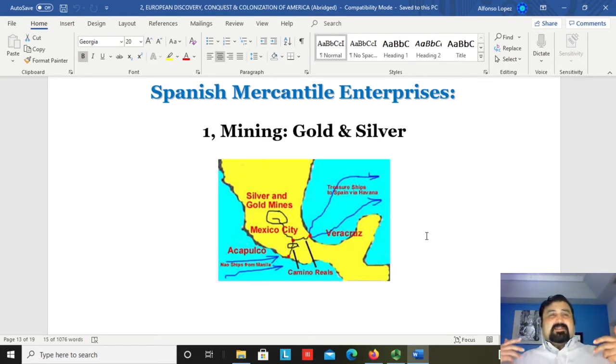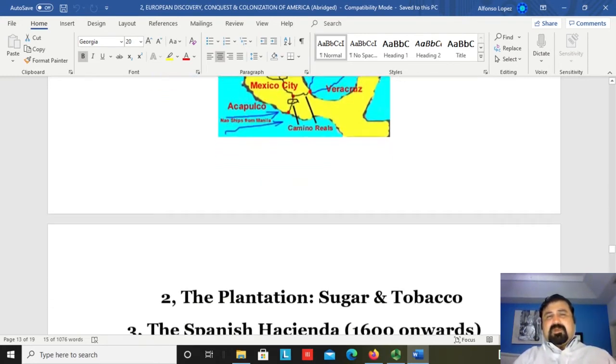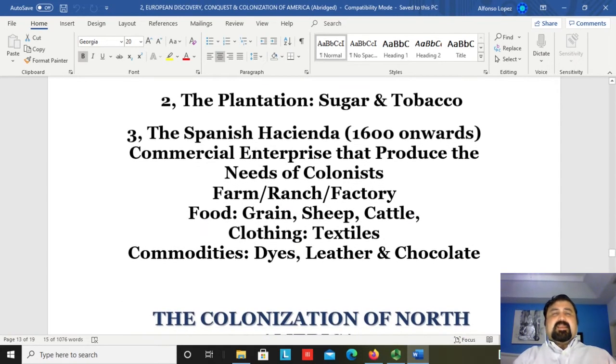Mexico. And as they were transferring those precious metals to Spain, they had to make stops again in their other colonies in the Caribbean to actually pick up some other goods. And there we're going to see a lot of piracy raidings, if you will, of pirates that were actually trying to steal some of the gold that was being shipped. But again, needless to say, mining is a very important mercantile enterprise that is established very early on when the